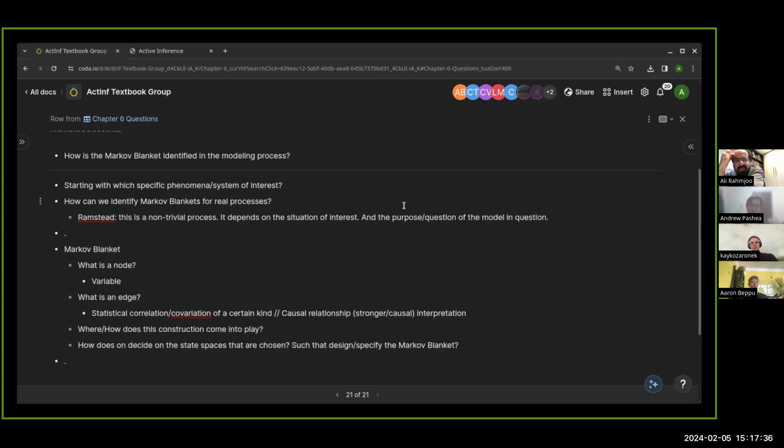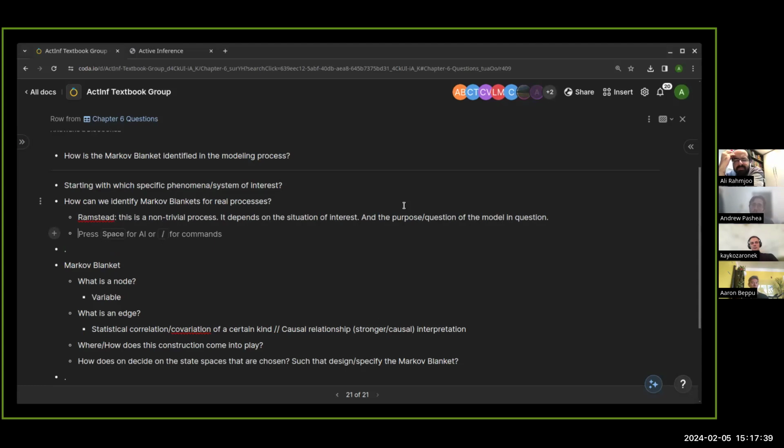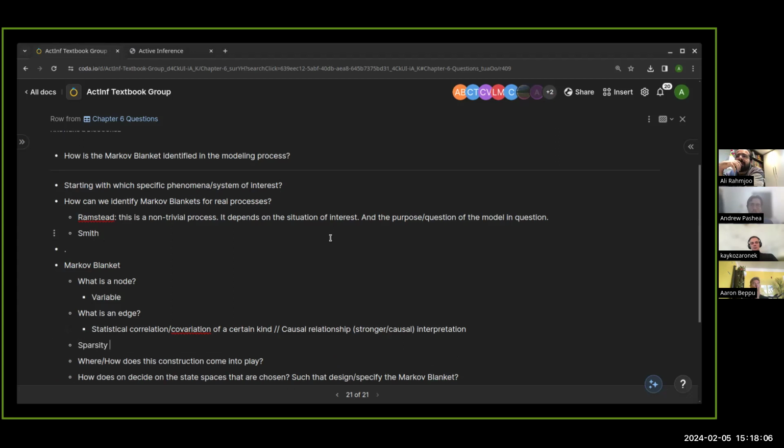But there was this paper by Ryan Smith et al., I think it was from 2023 or 22, I guess, towards the end of 2022, in which they used a very creative approach to constructing a kind of Markov blanket in order to basically model the function of the heart based on active inference. Let me pull up the exact title of the paper,